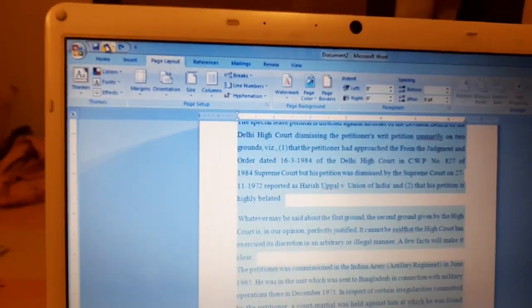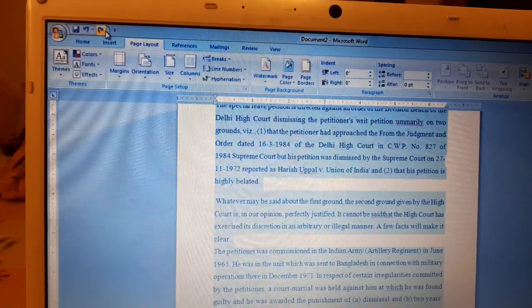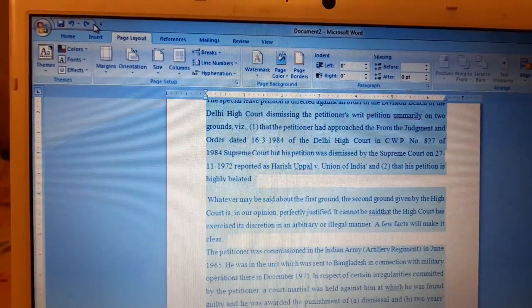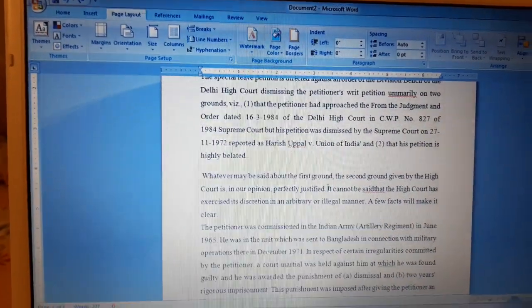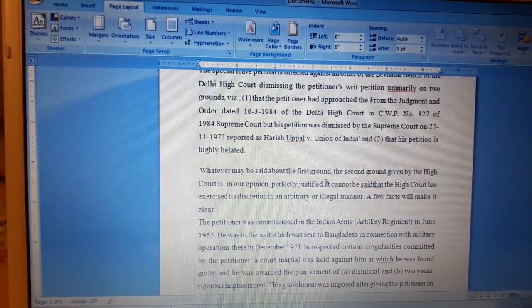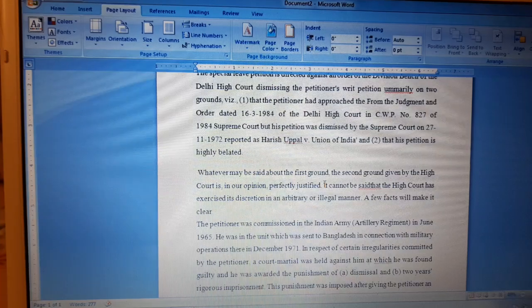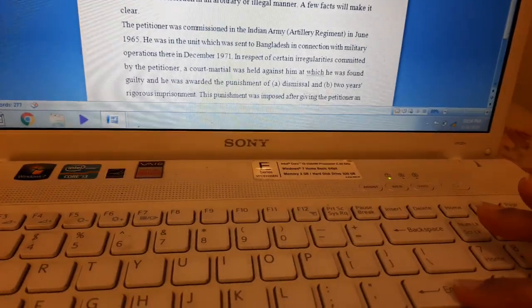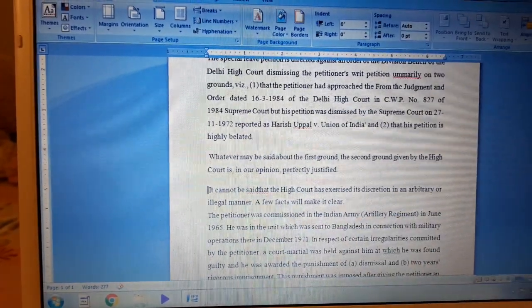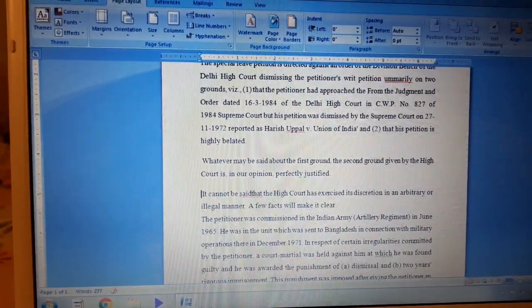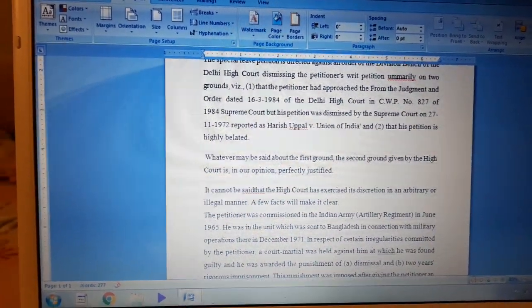Place the cursor at the position where you want to add the line break and press the enter key. Suppose you want to break your line over here. So you will place your cursor here and after that you will press the enter key. You can see that the line got shifted to the next line. The rest of the line will move to the next line.